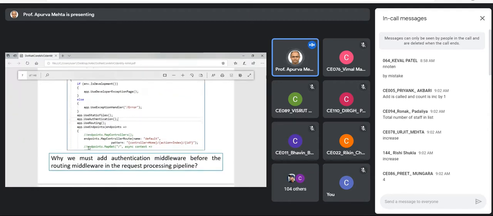Okay, so here it must be clear why the authentication middleware is coming before the routing and coming after the static files middleware. Because all these client-side scripts are static files. Okay, they won't be rendered. Then the user will see the screen, but it will have a poor output, or some of the functionality may not work if it is based on your client-side files. Okay, so UseStaticFiles, then UseAuthentication middleware.